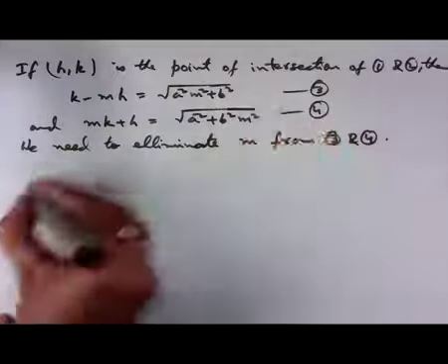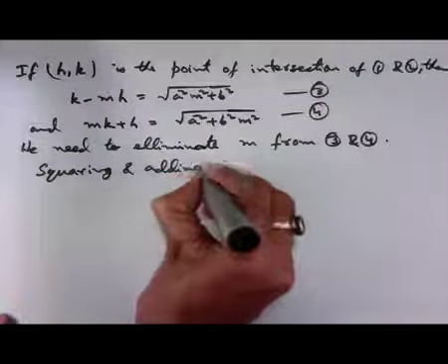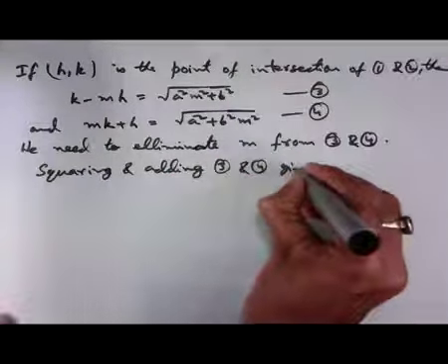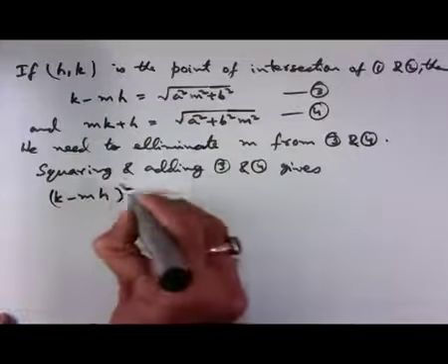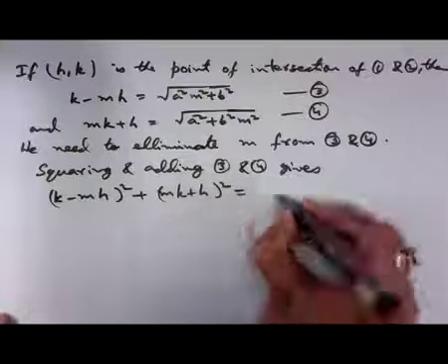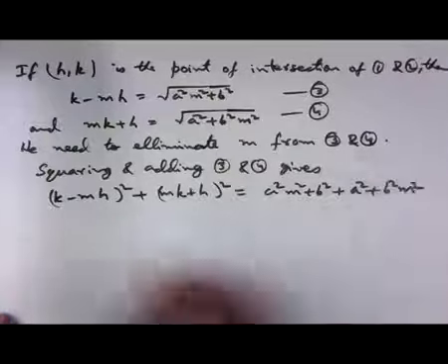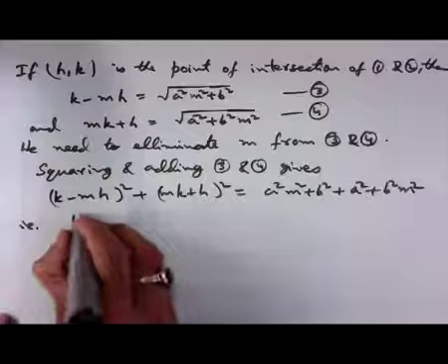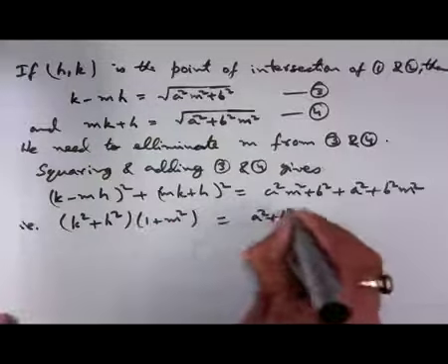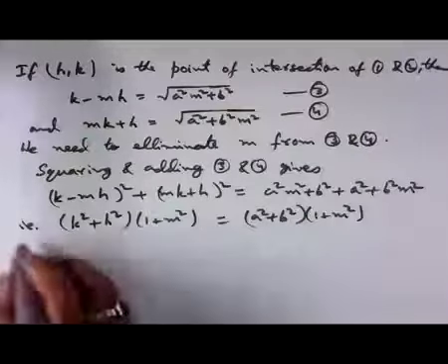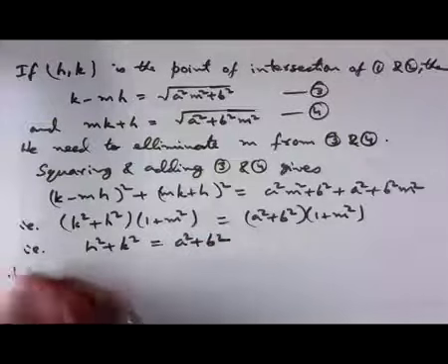If you square and add 3 and 4, squaring and adding equations 3 and 4 gives (k minus m h) square plus (m k plus h) square equal to a square m square plus b square plus a square plus b square m square, and this gives (k square plus h square) times (1 plus m square) equal to (a square plus b square) times (1 plus m square) on simplification, and that is same thing as h square plus k square equal to a square plus b square. Therefore, the locus is